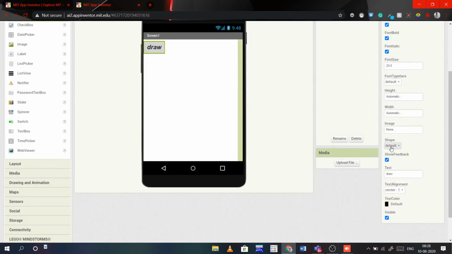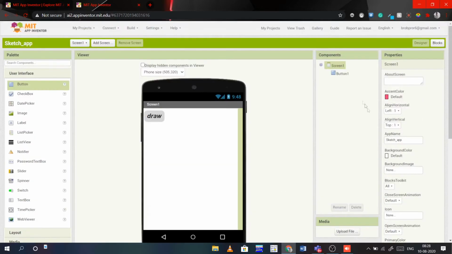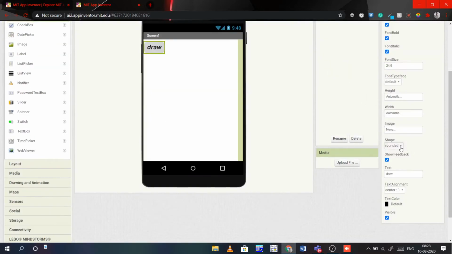Next, shapes. You can see it has rounded corners, which is fine. The options are rounded, rectangular, and oval.